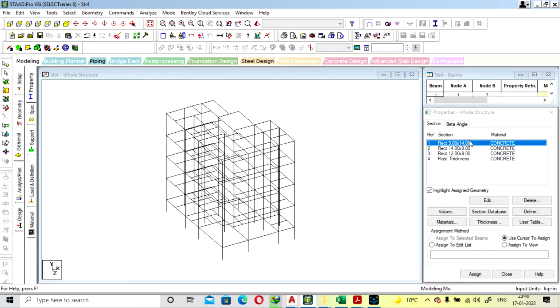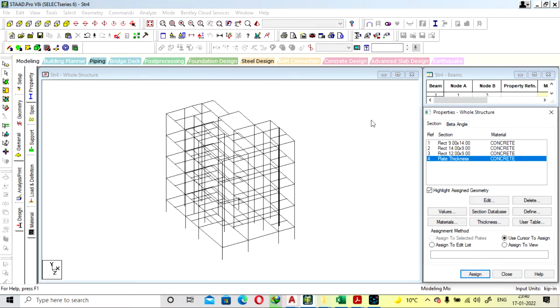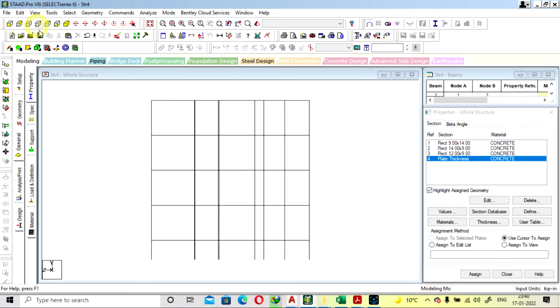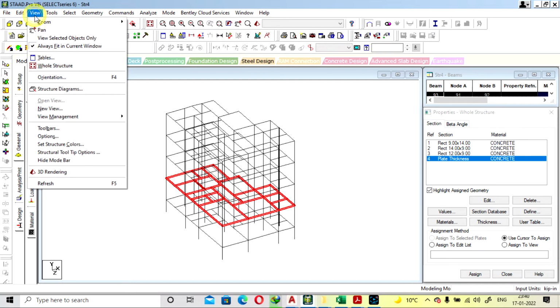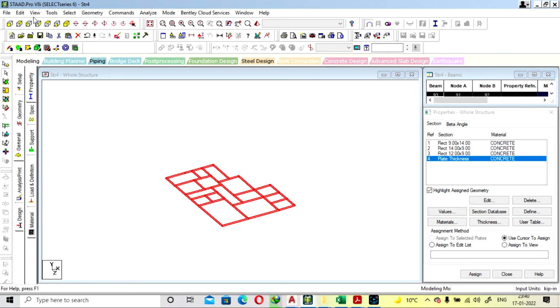So here we have made the dimensions for your column, beam, slabs, and we will provide them for all the floors. Okay, we haven't defined the plate element yet, so we'll go with the first floor. For the ground floor we don't have to provide any slab load, as it is directly transferred to the soil. Okay, we selected the object.